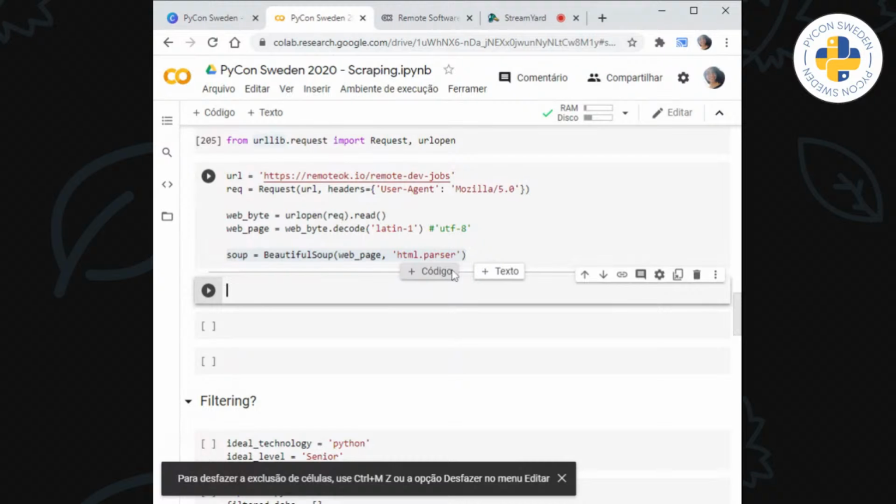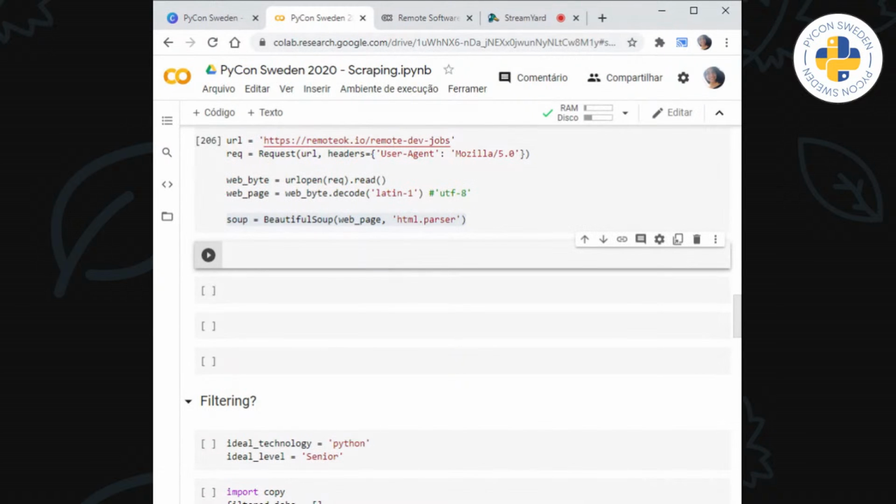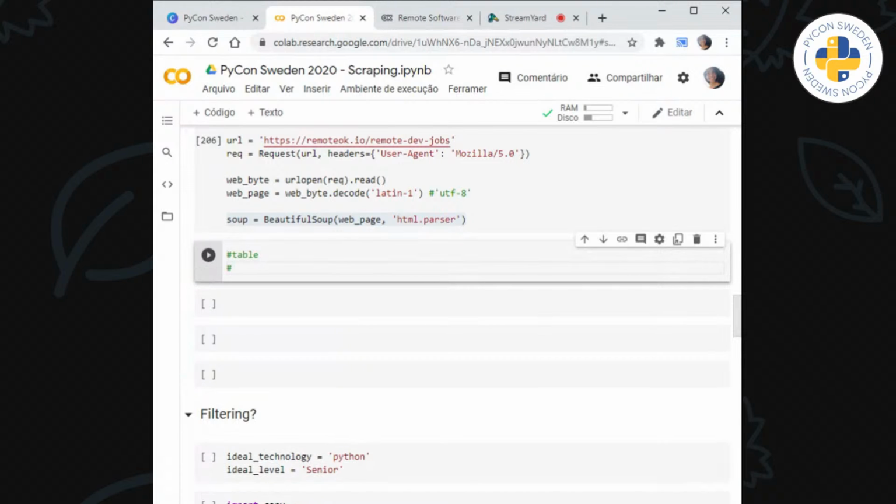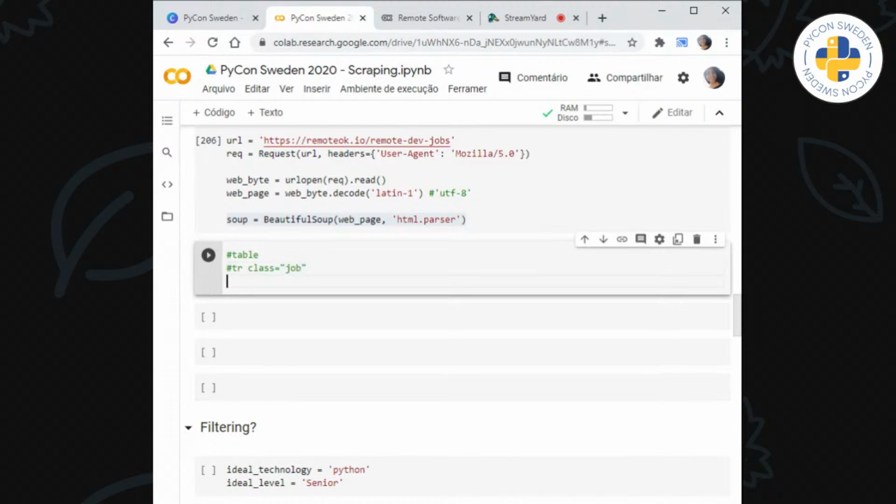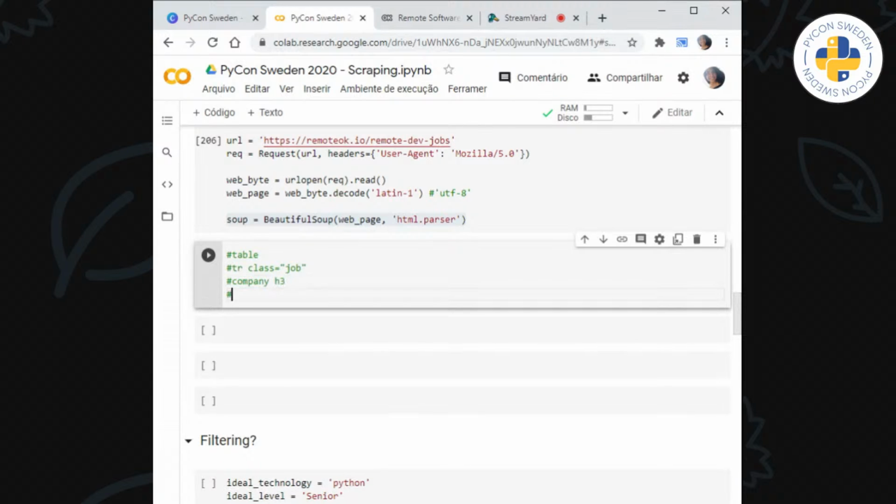We saw that there's a table, and there are rows with class job. The name of the company is an H3 inside of the row. The name of the job itself is an H2.